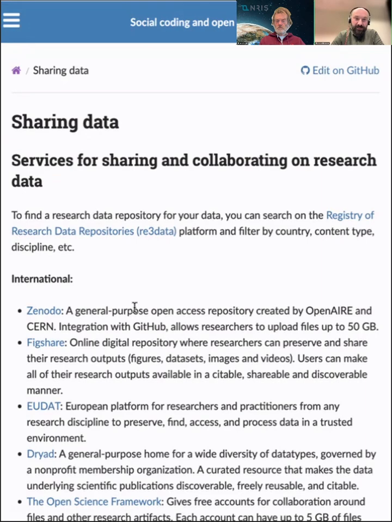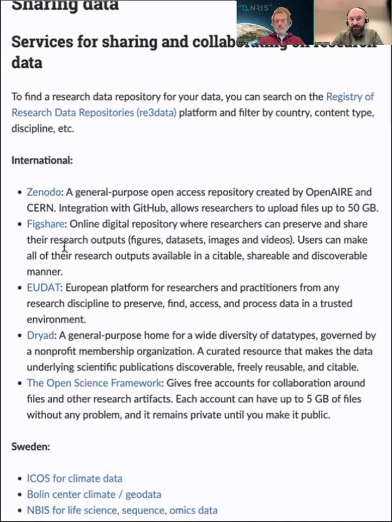Because if I'm looking for a dataset, most likely I search in a data repository and not on GitHub. So a very useful website is Re3Data, which is like a list of all possible registries where they post the data. There are some generic repositories of data that we list here, for example Zenodo that we mentioned earlier, but in some specific fields there might be a field-specific repository. For example, in the case of neuroscience, there is OpenNeuro in the United States, and with this search engine for data repositories, you might find the right one